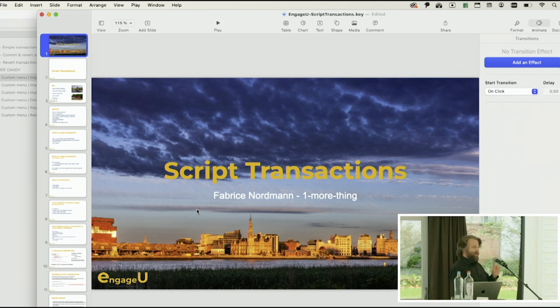Another way of doing transactional database with FileMaker, I really encourage you to go and attend the presentation by John Renfrew later today about